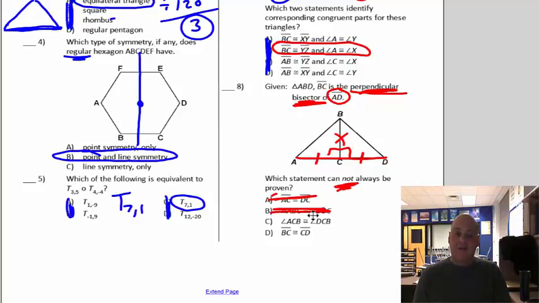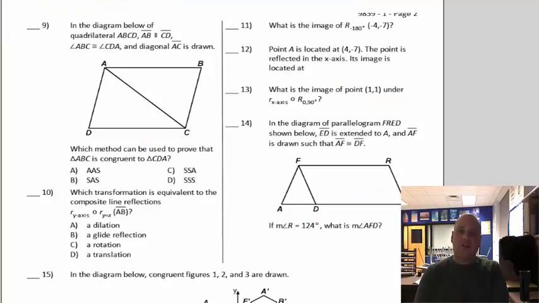Therefore, we want the one that's not, again. Angle ACB is congruent to DCB. Okay, so that one is true because those are the right angles. And then BC is congruent to CD. Well, that's not true. BC and CD, those would not necessarily be congruent. They might be, but we don't know for sure. We know that BC is congruent to itself, and we know that CD and AC are congruent, but we don't know for sure that BC is congruent to CD. You were supposed to pick the one that's not, and that's your choice A. Okay? So make sure you realize that you are choosing the right answer, not the right choice number,